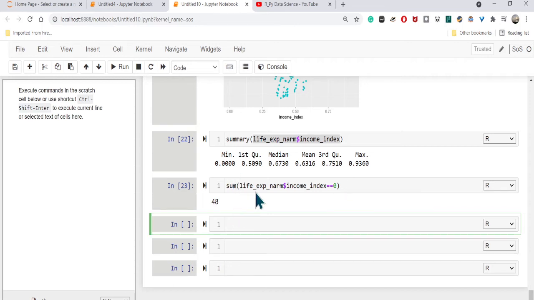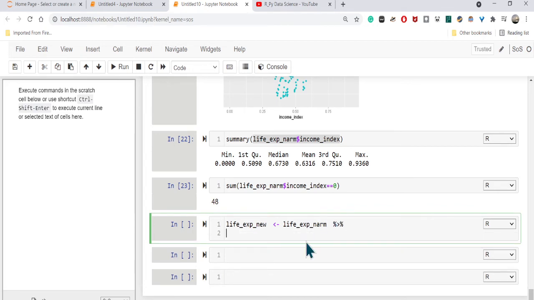Now, how am I going to remove them? The easiest way would be using dplyr, where you can filter them out. Let me call this life expectancy new data, and let me save it. Let me call my previous data, the one I have, pipe it with this pipe operator, and then use filter, and then income index